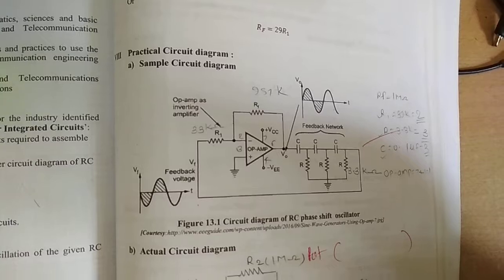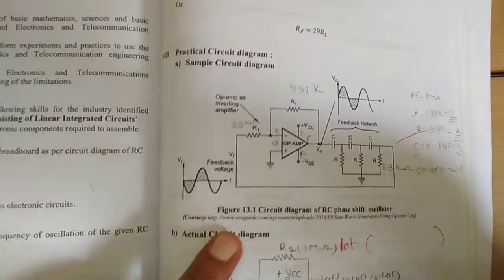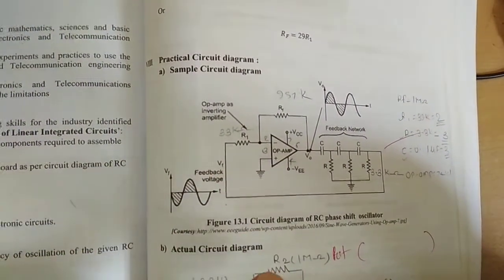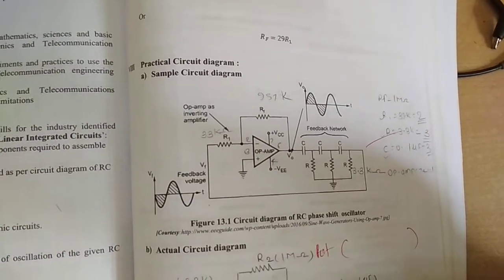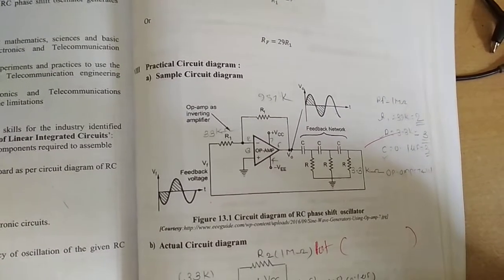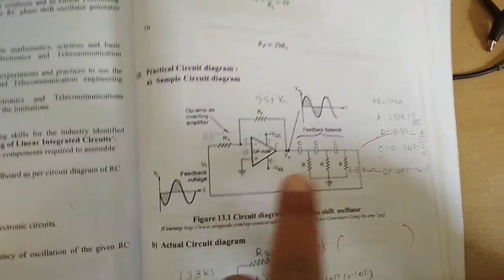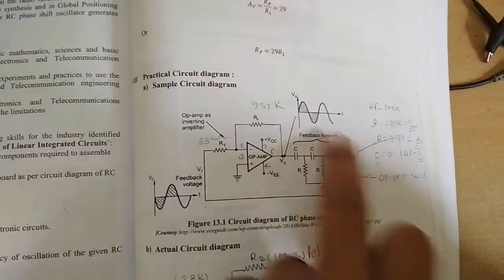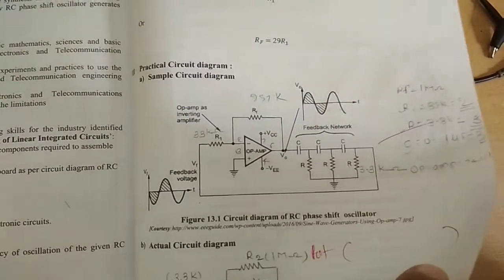But one thing is very important to remember in the oscillator concept: there is no input signal provided. You just remember there is no input signal provided, right? So in an oscillator, without any input, we can get the sinusoidal waveform. This is the beauty of this oscillator, the active oscillator using operational amplifier. By using this particular oscillator concept and satisfying the Barkhausen criteria, we can get this sinusoidal waveform. So I will show you the sinusoidal waveform on the oscilloscope.